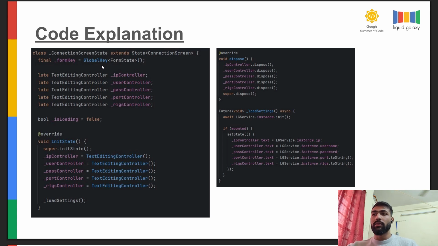Then we have some form controllers like the IP controller, user controller, pass controller, port controller, and the controller to store and edit the text present. Then we have a Boolean isLoading set to false, so it will show us the loader while connecting. Then we have initialized the controllers and also use the function loadSettings to load the settings from the shared preferences as we have defined in LG service. Then we have disposed all the controllers if needed, and we have the loadSettings function, which requires the LG service instance of the init block, and if it is mounted or initialized, then we will put that text